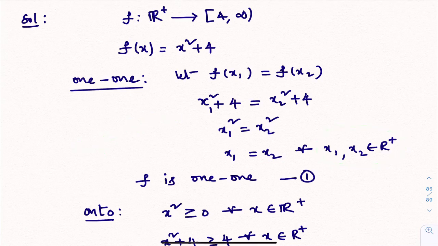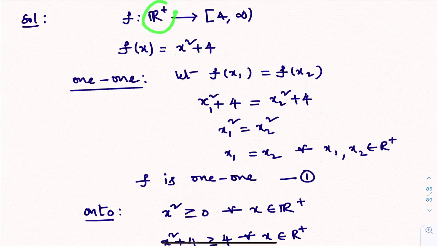Try to understand. So here there is no question of x1 equal to plus or minus x2. Here only the question is what you will get, x1 equal to x2. Try to understand, this is not a very simple thing. You may feel that it is not 1-1 because x1 square is there, here x square is there. Because of that reason you may feel that it is not 1-1, but it is 1-1. Why is it 1-1?